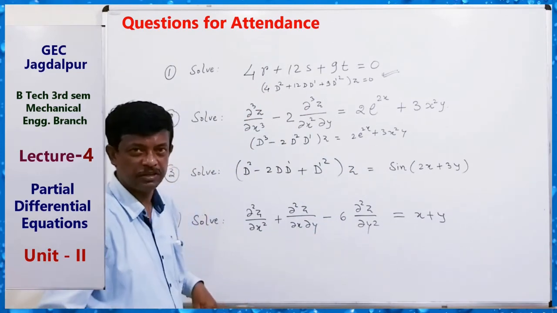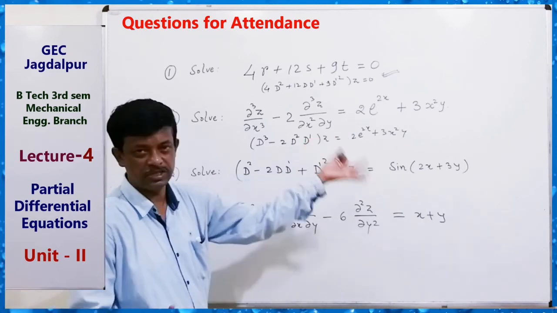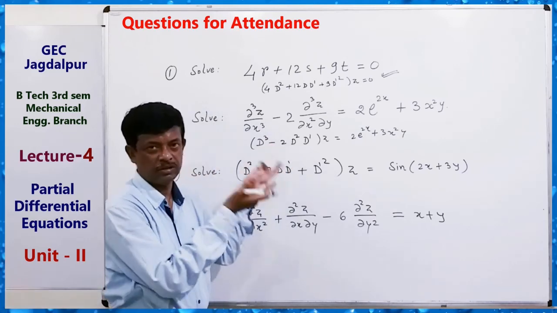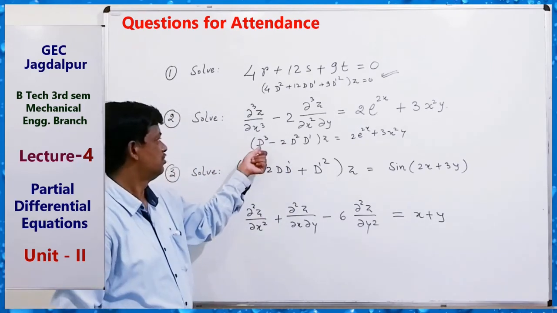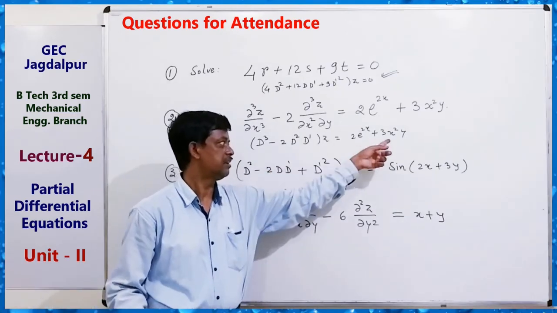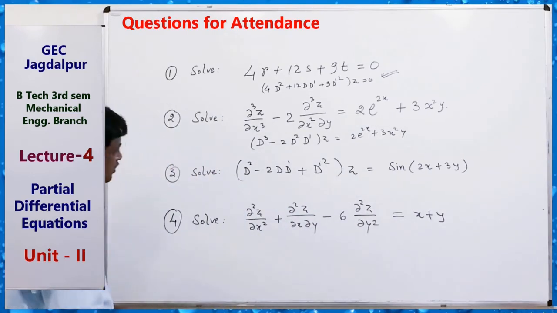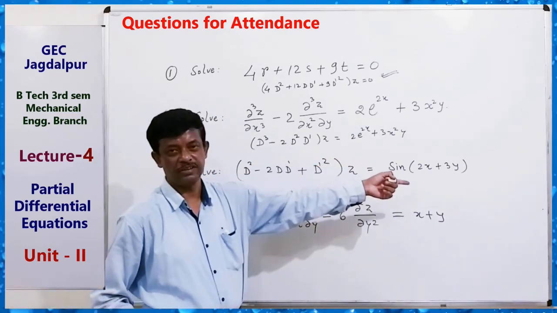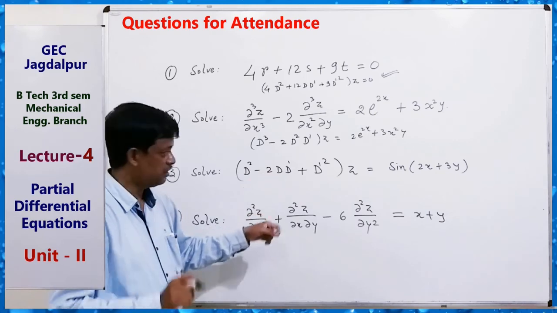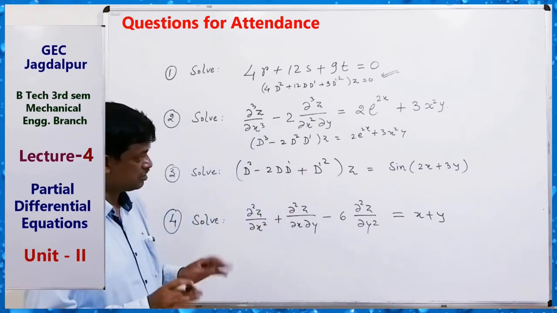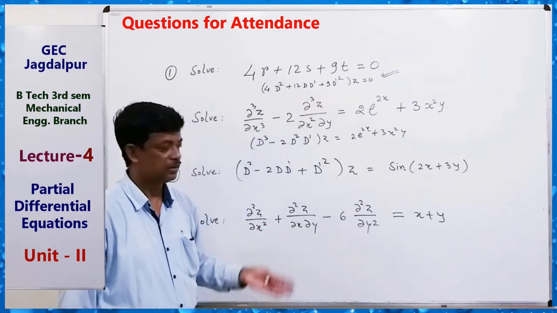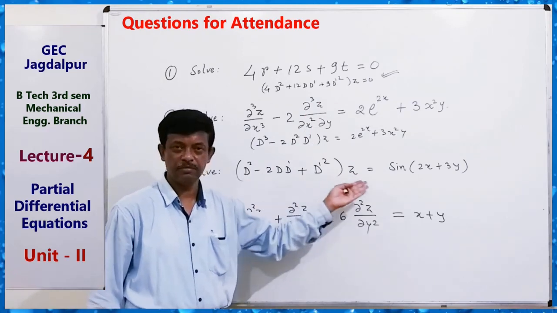It is for x plus b y. A means 2, b means 0. If you put here, if this is not equal to 0, then you can write direct. Because d cube is 8 and this is 0, so 8 not 0. So you can use direct. And here the binomial theorem, so you can get pi. Here sin ax plus by, so you can use the direct formula. D square means minus a square, d d dash means minus ab, d dash square means minus b square. If not 0, then you can use direct for pi. And CF, you know, find CF, pi and then pi.